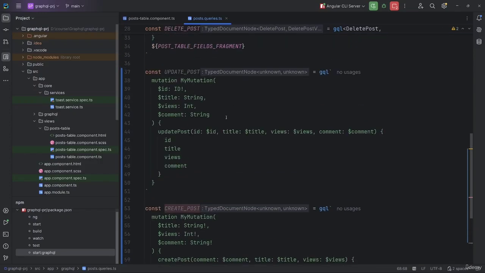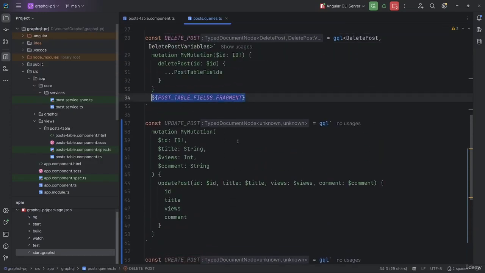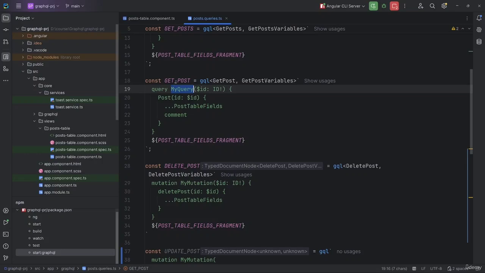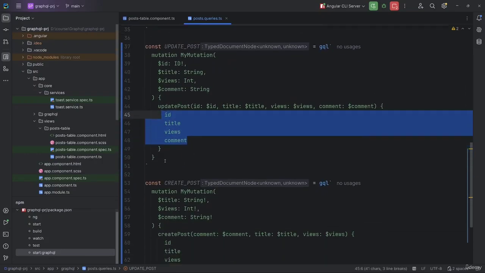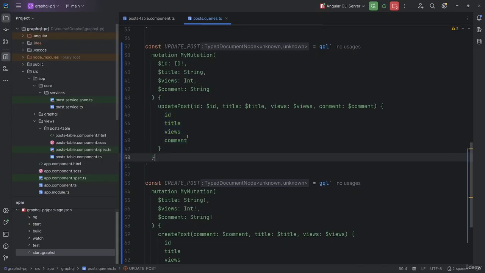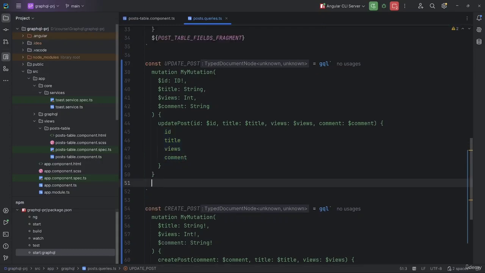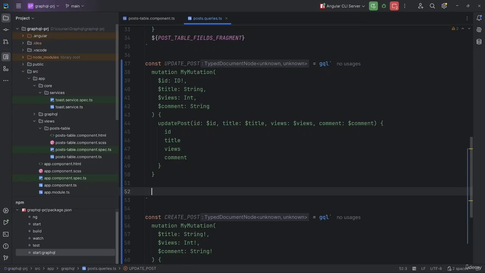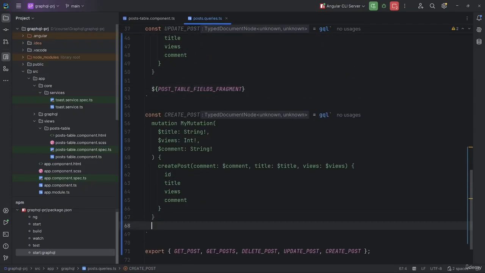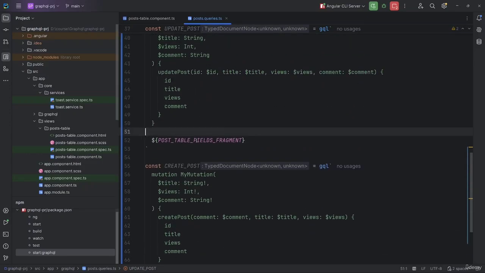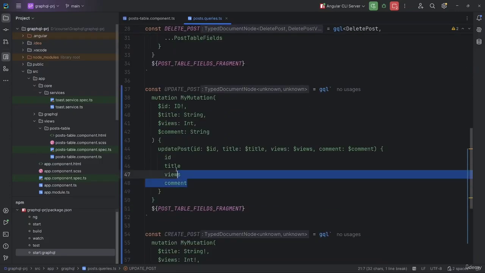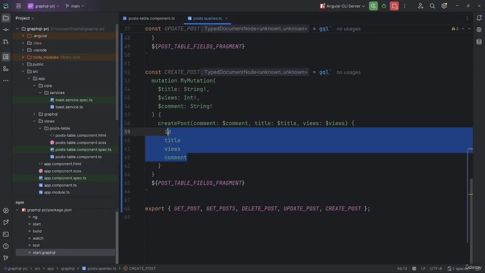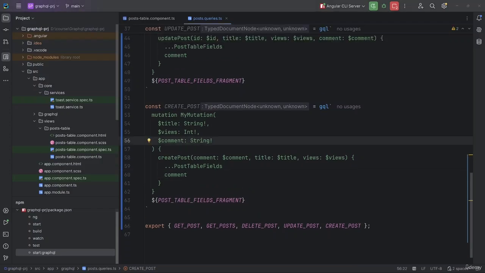Additionally, since we now have three different queries and mutations, getPost, updatePost, and createPost, that all reuse the same fields, like ID, title, and views, plus comment, it would be a good idea to create another fragment, one that includes all fields of a post. Although I'm going to skip this step here to keep things moving, you are absolutely encouraged to create another fragment on your own, one that includes all fields of a post. Now let's move to the file